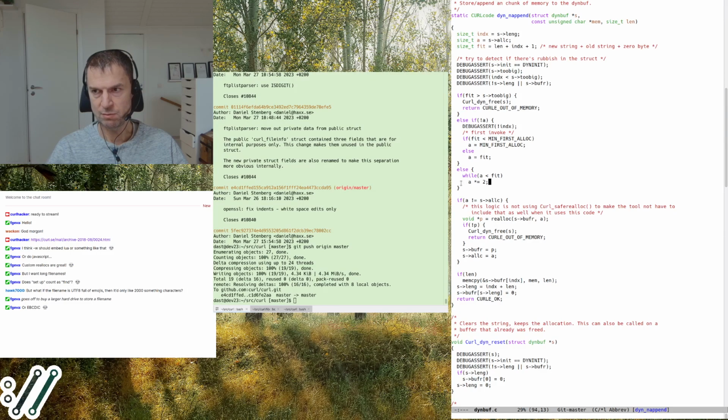So we don't want to just add 1 byte to the realloc, because that would make a lot of reallocs. So anyway, we do it like this. But then it struck me that we have this system for every dynbuf. We also set the too big field, which is a way to make sure that all dynbufs we have in curl have a fixed maximum number of bytes that we allow them to grow to, and if it grows larger, that's an error, and it'll return an error.